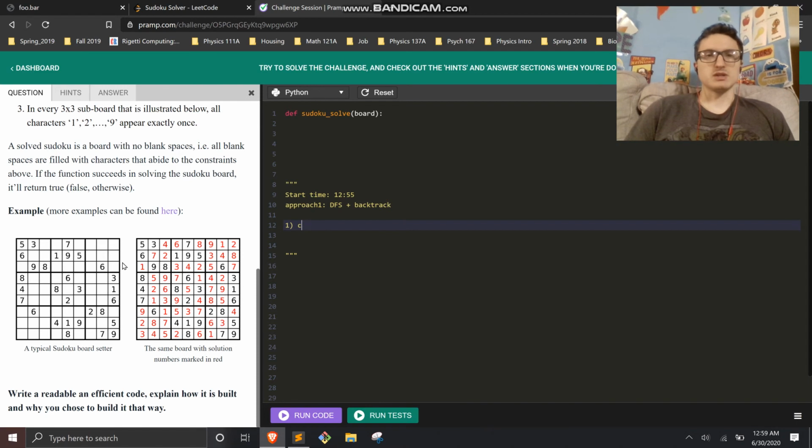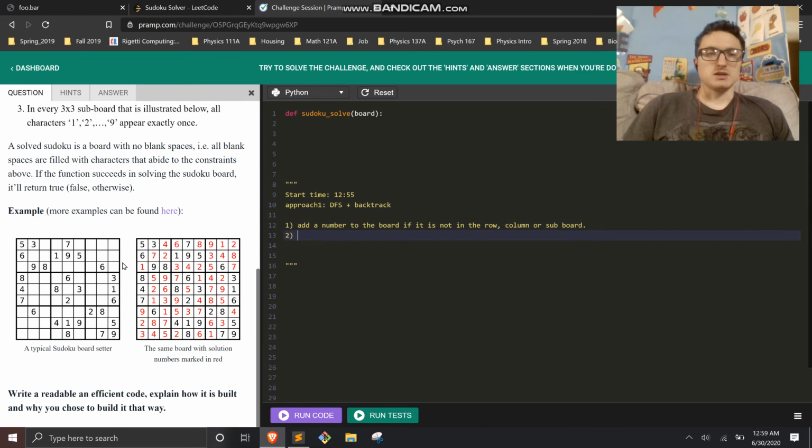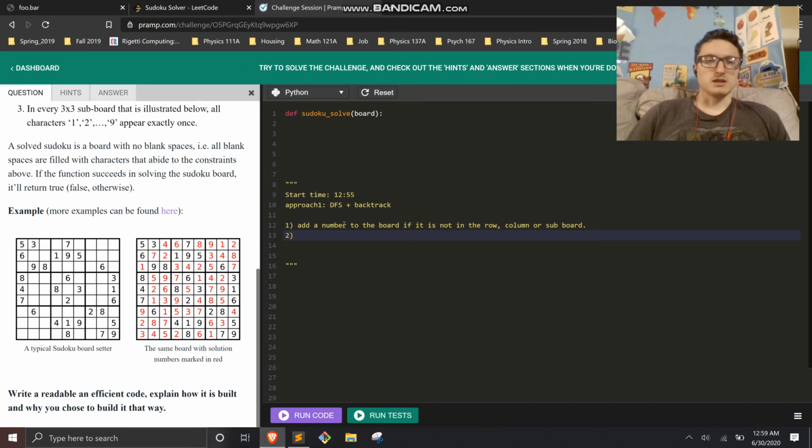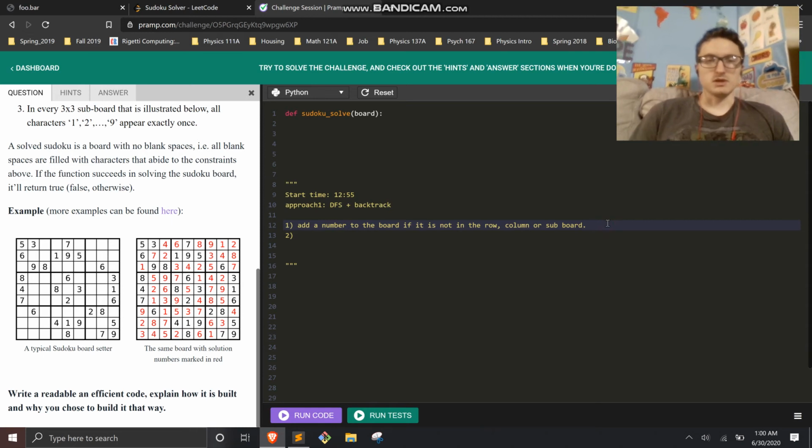So we want to add a number to the board if it is not in the row, column, or subboard, if that makes any sense. So if a digit is not in the row, column, or subboard, and for these what I'll store is basically